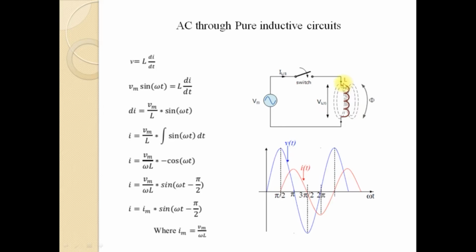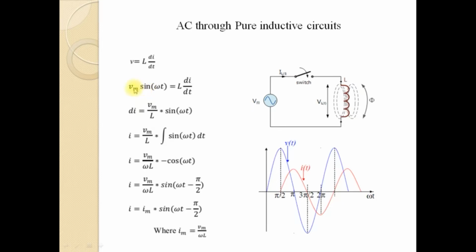Now, if you apply Kirchhoff's voltage law to this loop, you get an equation Vt minus VLt is equal to 0, because there is no other element where there is a voltage drop. And you know that the voltage across the inductor is given by L into di by dt, where L is the self-inductance of the coil and di by dt is the rate of change of current through the inductor. So, from the Kirchhoff's voltage law equation, we get V is equal to L into di by dt,